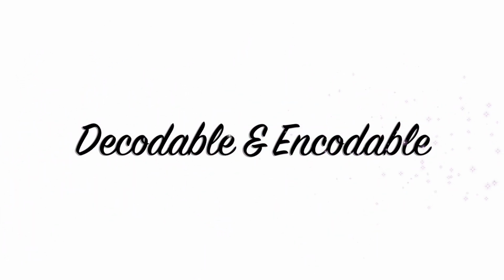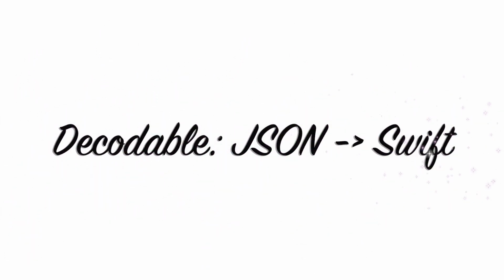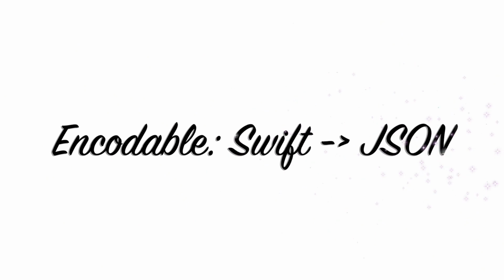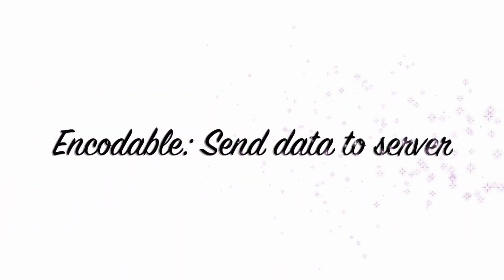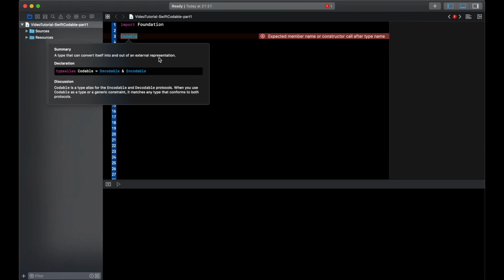What is Decodable and what is Encodable? If you see the name, I think you can guess. Decodable is when we decode JSON into Swift models, and Encodable is when we encode Swift models into JSON and send them. Decoding is used when we download data from the server, and encoding is used when we are sending data to the server. In this video, we will only talk about